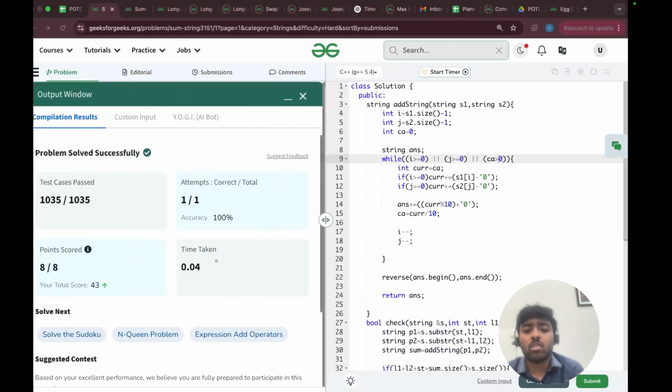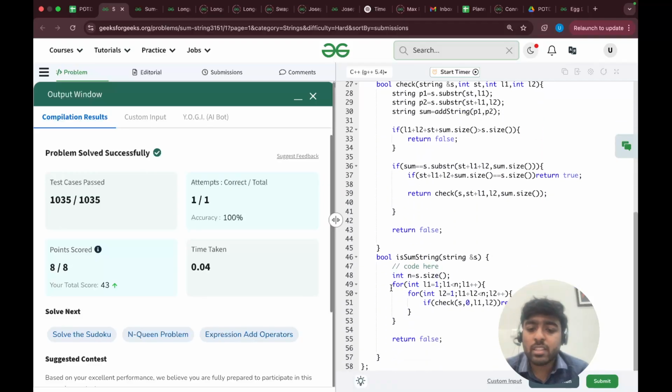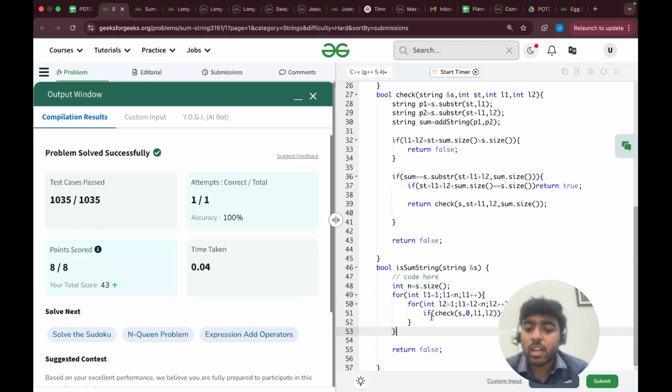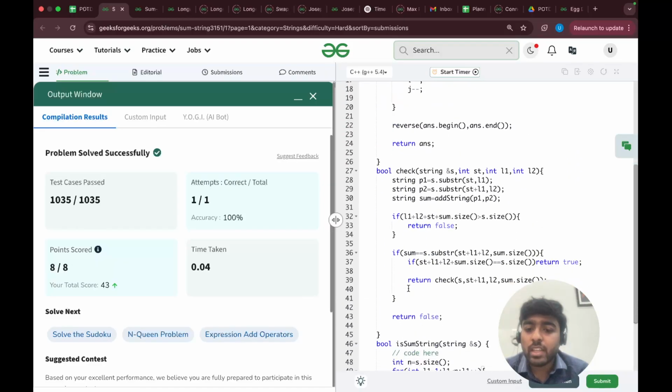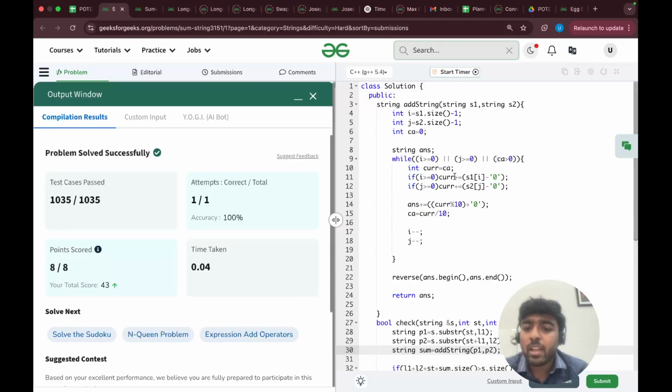If I talk about the time complexity, you can see that here we are running two loops, so it will be O of n square, and in this check function we are calling this add string function, which is running again O of n times.